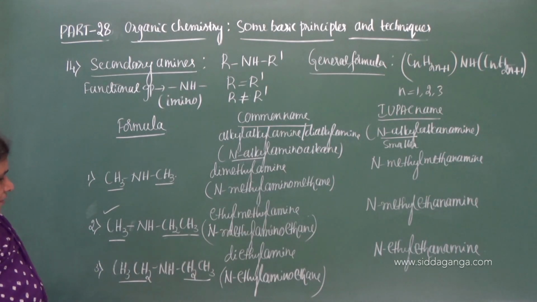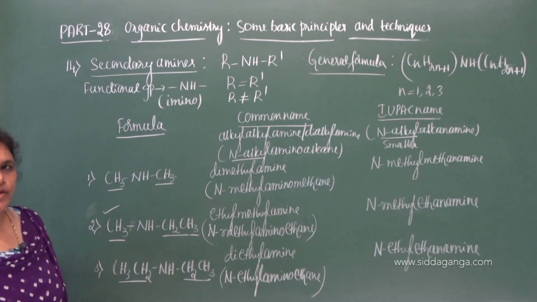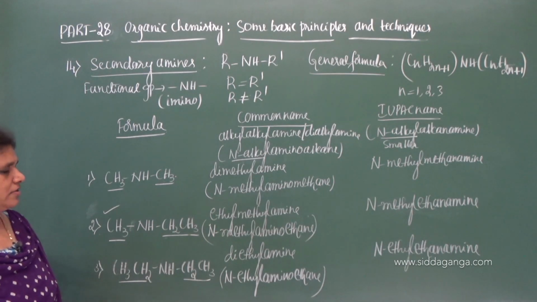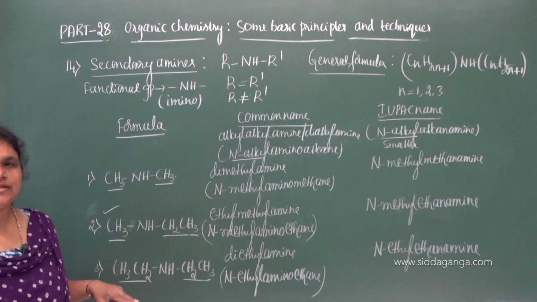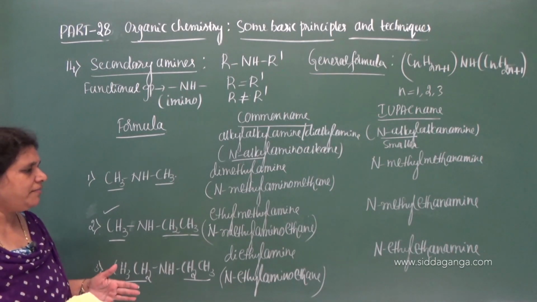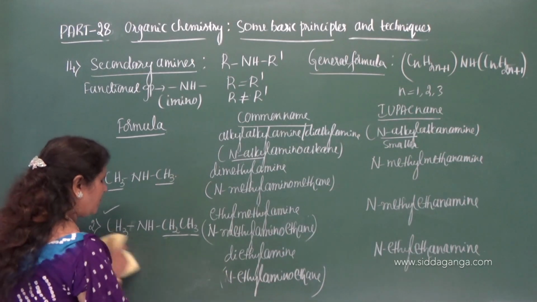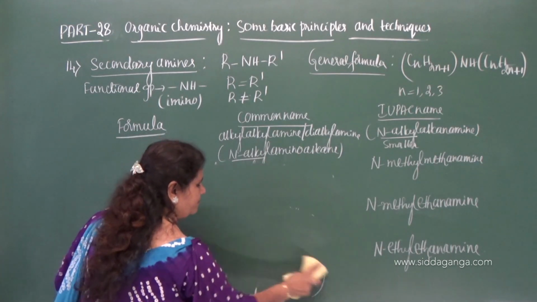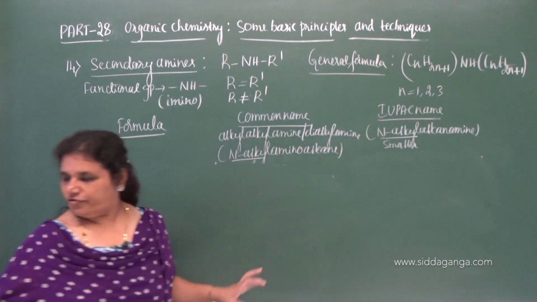Let me give 2 more examples. Note on this. If the alkyl groups are the same, then it is very easy to give the name. But if they are different, you have to select the smaller alkyl group as a prefix, and while arranging them, you have to arrange them in alphabetical order. Now let me move on to the fourth example of this type.